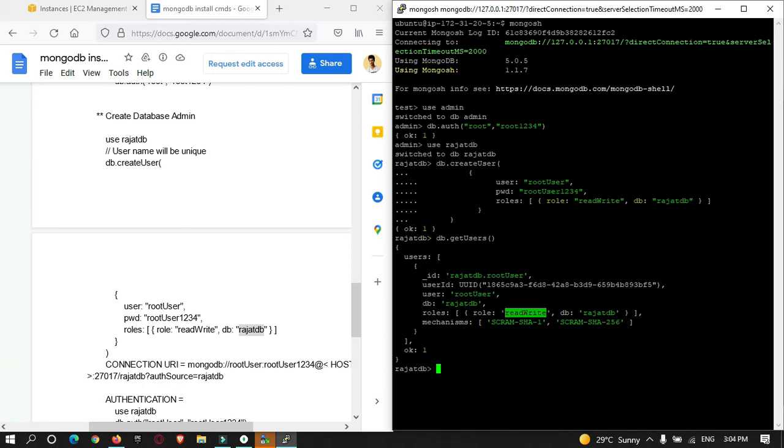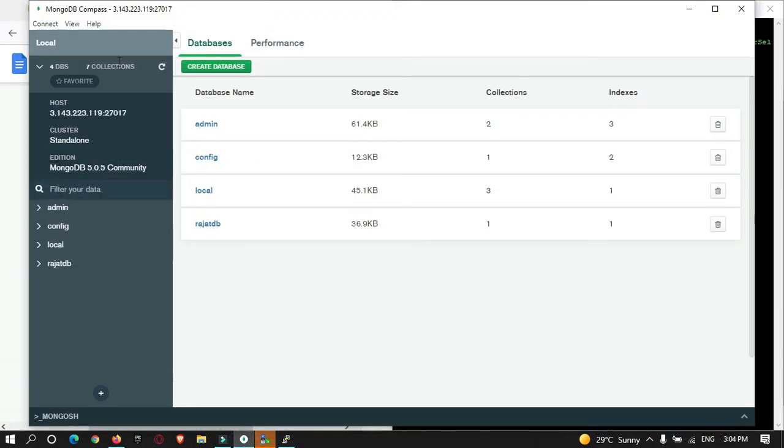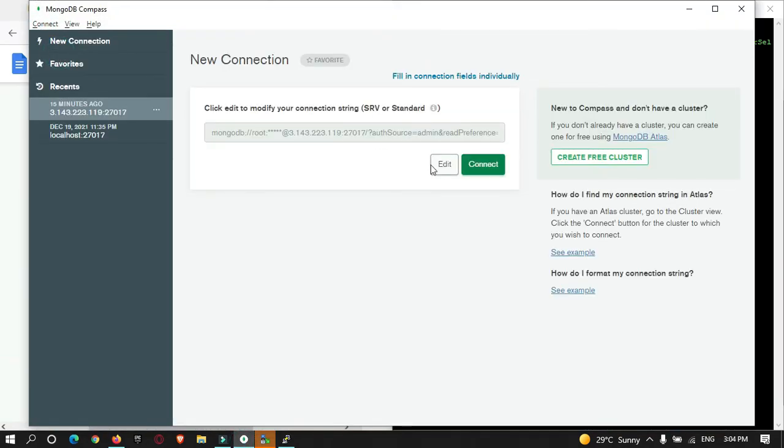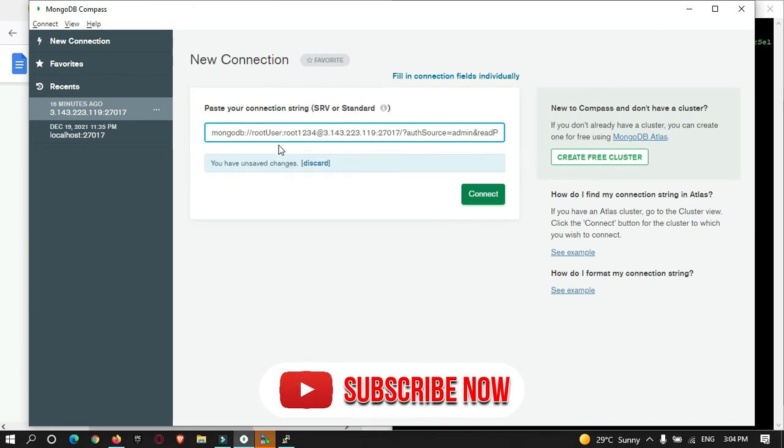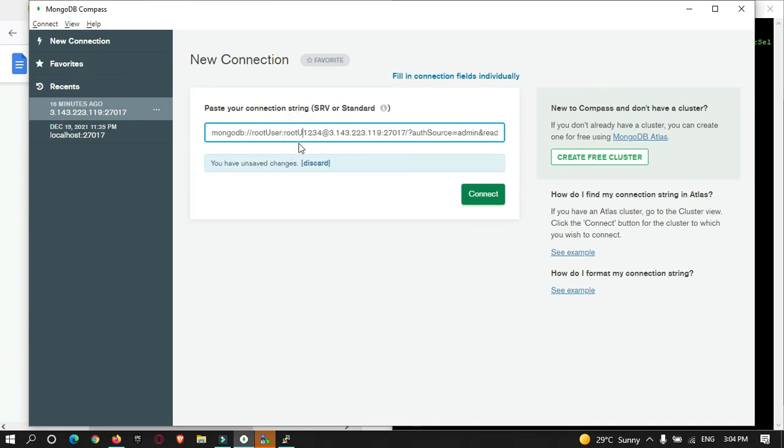Okay, so now you can use this username and password in your MongoDB Compass, sorry. So let's get disconnected, edit, and confirm root user and root user 1234. Okay, and here you also need to provide the authentication source.